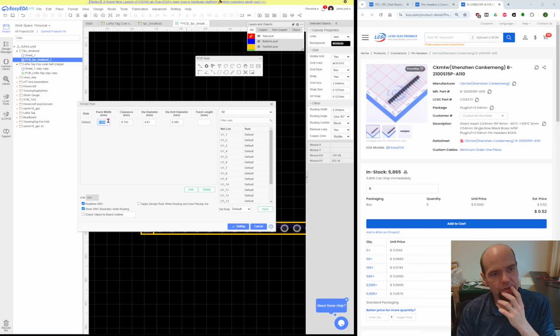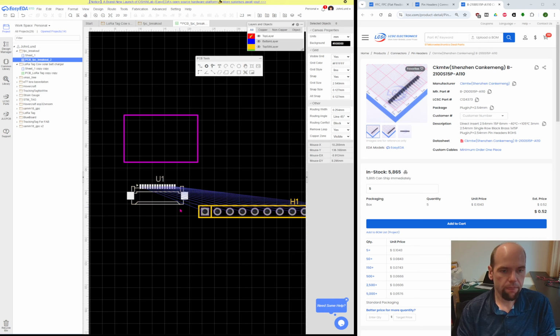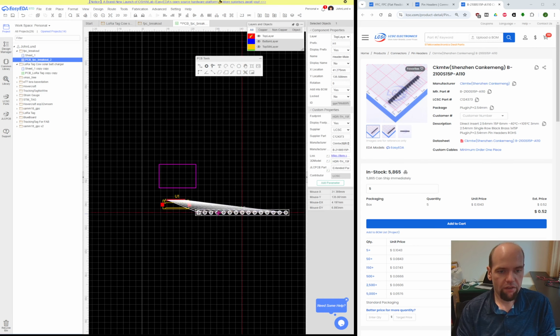for the minimum track width. Generally, that's fine for this thing for the minimum track width, but the actual minimum track width of the fab is 0.152. So if we want to, we can change this to 0.152. We don't want to use the minimum for just a breakout board, but it's fine either way. Okay, so now we have this